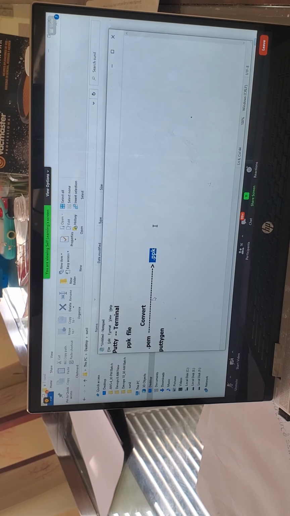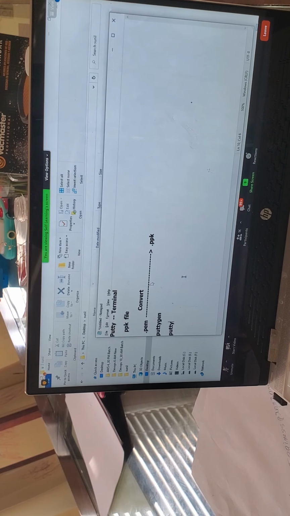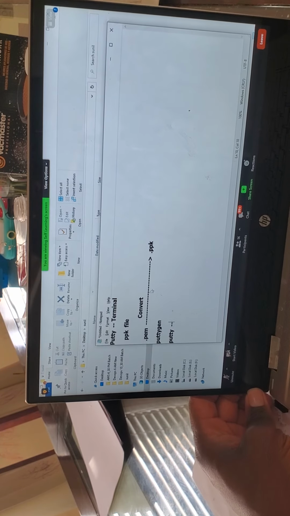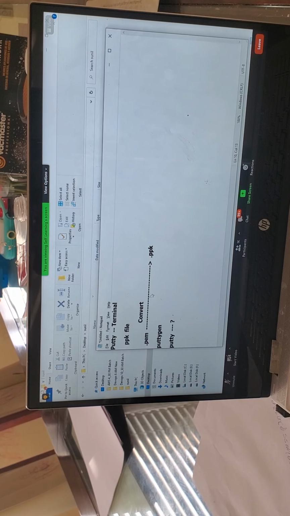Once the generation is done, now I can connect using the terminal called PuTTY. Now I can connect to the Linux machine which I just created using the terminal called PuTTY. Fine. What are the details required to connect? What are the credentials required to connect to that particular Linux machine? Credentials are nothing but details. What details are required to connect to the Linux machine?